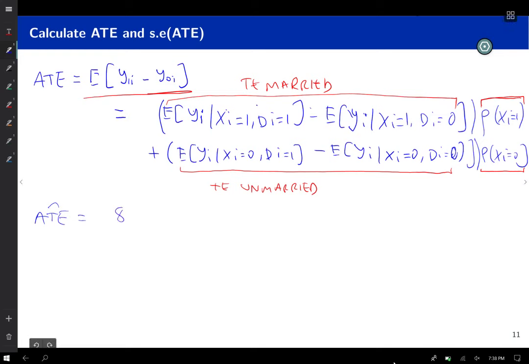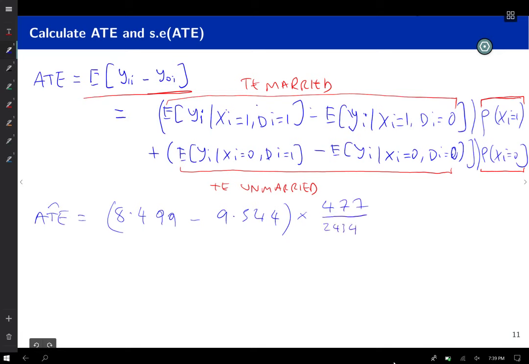Well, it's 8.49999, and subtract the average income for the married and no training, which is 9.544, and we want to multiply that by the estimate of the probability. What's the probability that they're married? If you go back, it's just the proportion of married people. So it's 477 divided by